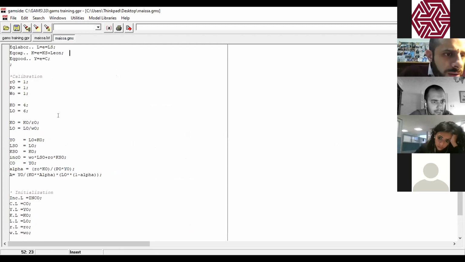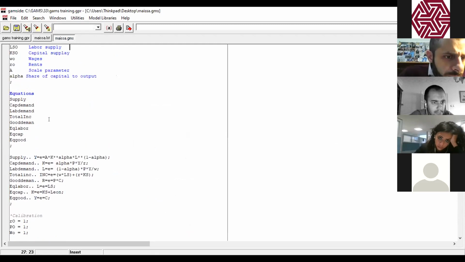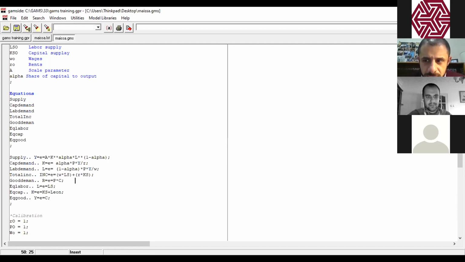So let's check the model. Slowly. Yes, what's the error? We have an error in the equations. It is held by Y. Mark in the demand equation.